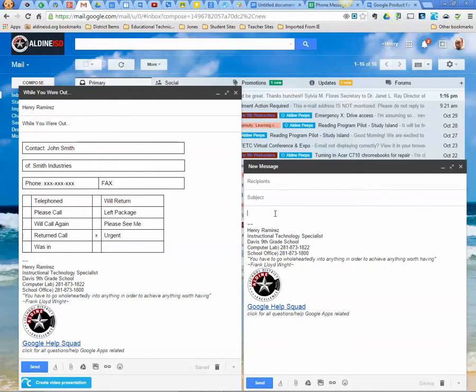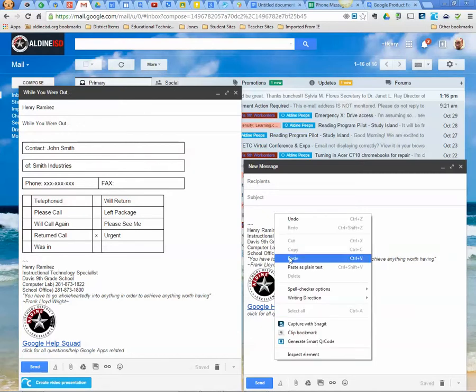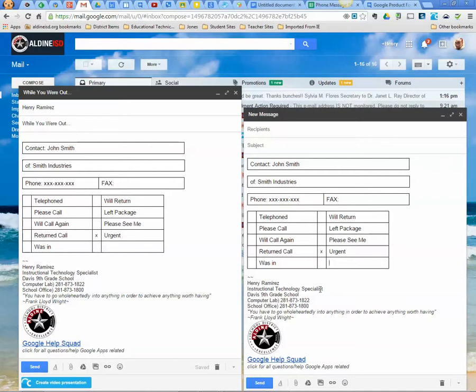And now that you've copied it, you're going to right click and paste, and there it is. And you may even want to put in for the subject line, while you were out, ellipses if you want. Once you've got that with your signature in there, or blank, whichever one you want,